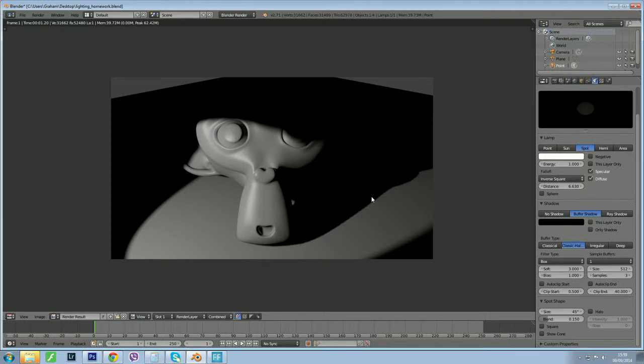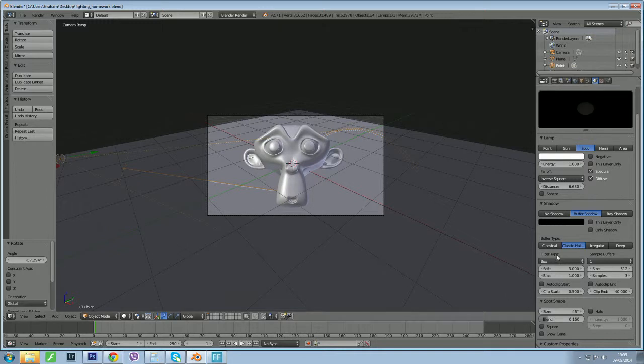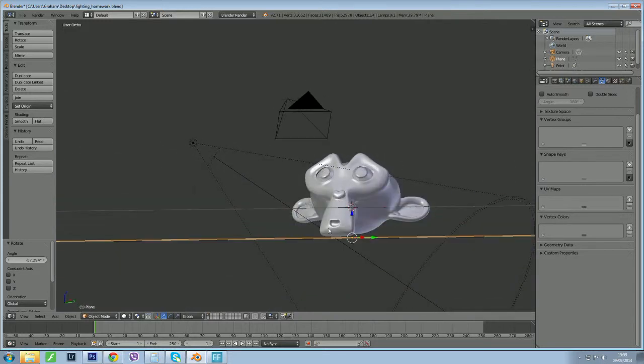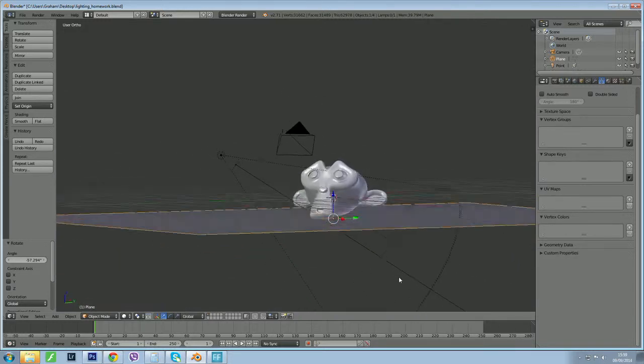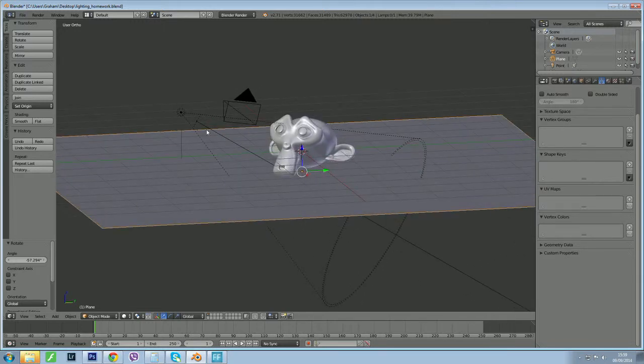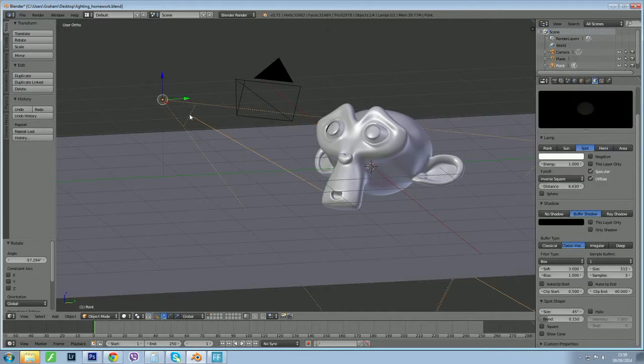So what the auto clip does, if we look at our lamp, we can see we've got this central line with a start, and probably see it underneath somewhere. The end extends way past the cone. But this is the point at which shadows will start and stop to be formed. So if I was to increase the auto clip, you can see that moving. So if I was to clip it there,